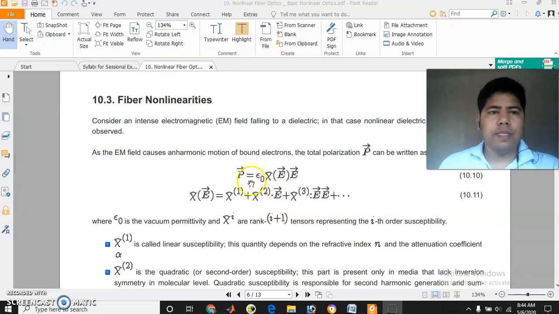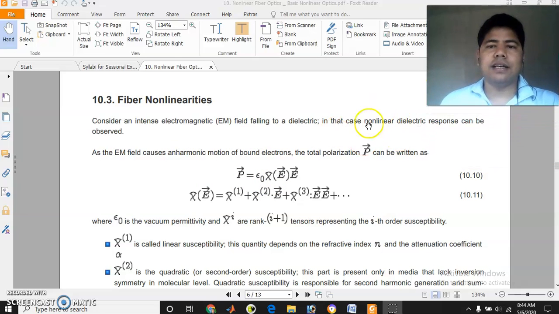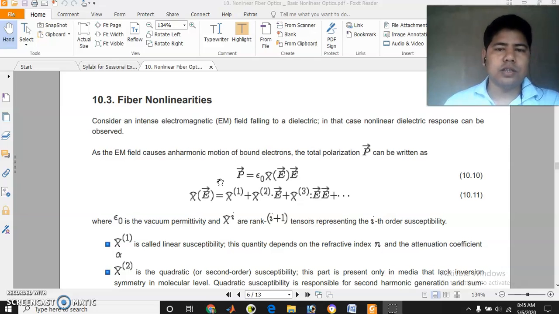We know that when an electromagnetic field falls on a dielectric, a nonlinear dielectric response can be observed. For example, as we studied in our nonlinear class, when an electromagnetic wave propagates through a nonlinear dispersive medium, polarization will be generated, and that polarization depends on the susceptibility and the electric field. And there is a constant, the vacuum permittivity. When high order nonlinear terms are there, chi will have several high order